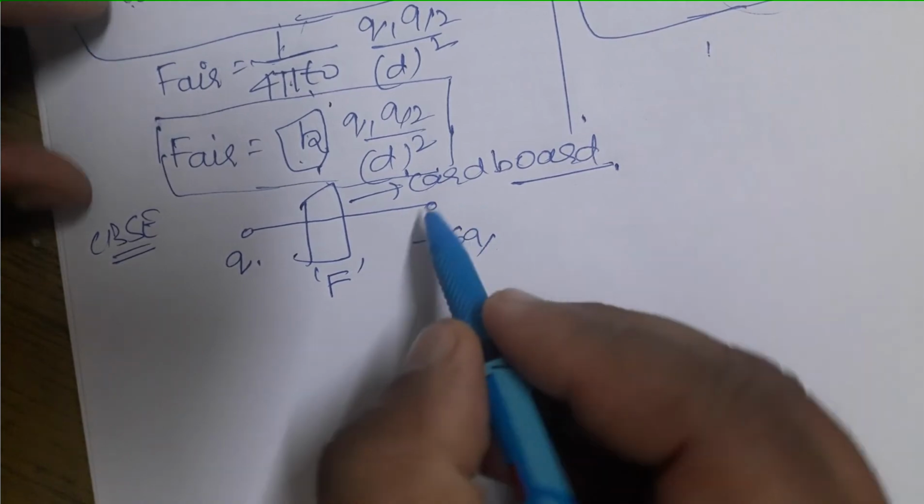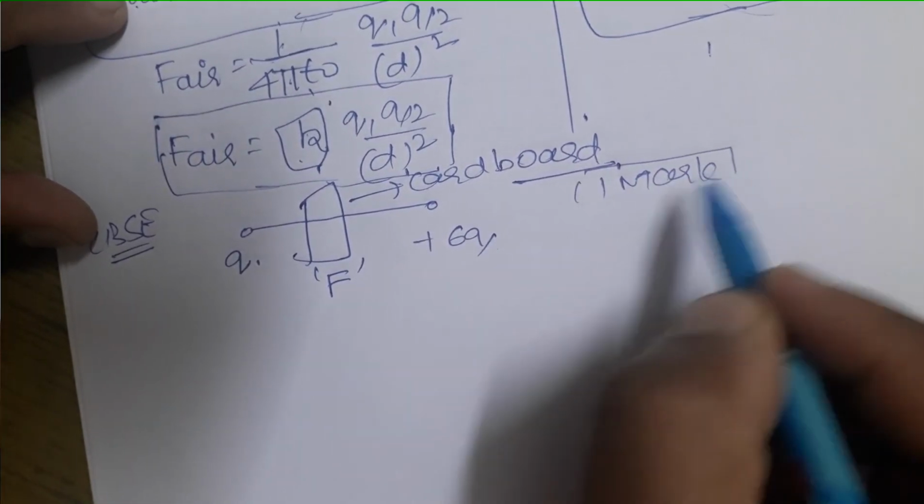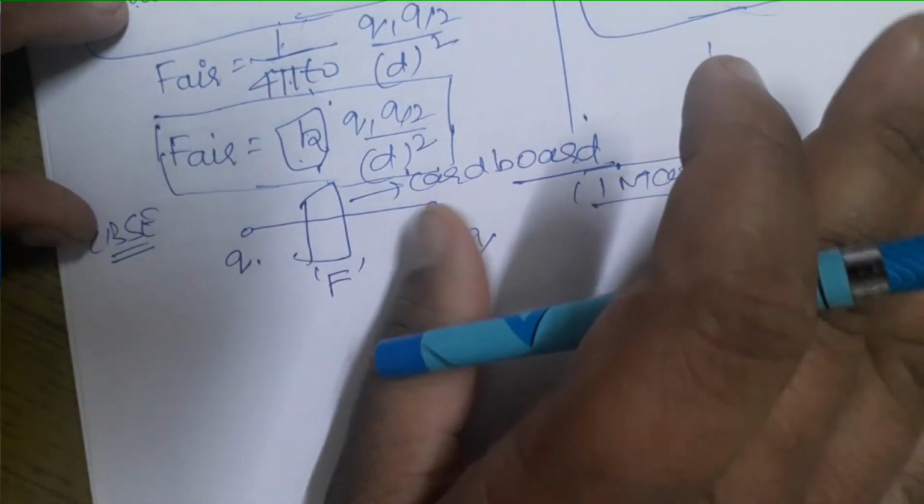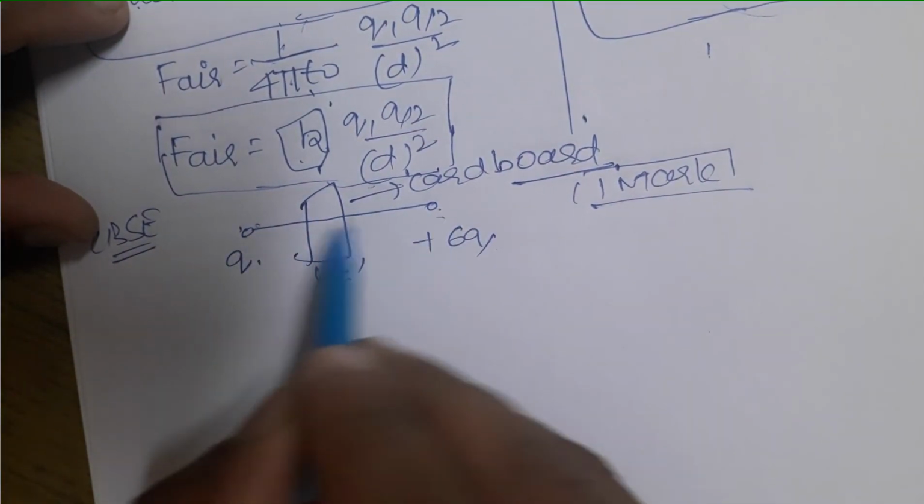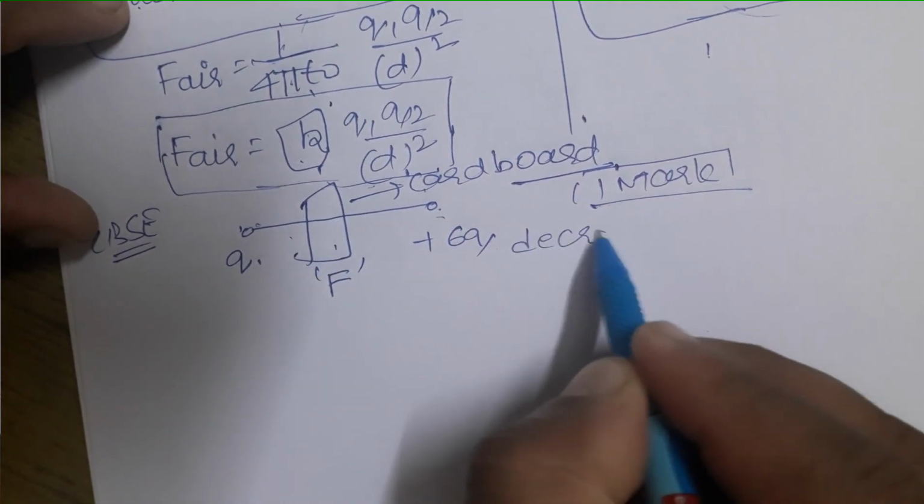If I change the medium, the force definitely changes. I just gave you a question; that question was in CBSE, I don't know the year. The question was, there are two charges Q and 6Q separated by some distance and the force between them is F. Now a cardboard is placed between these two charges, what will be the new force? This was a 1 mark question. The dielectric constant of the cardboard is not given, but always remember, since there is some medium between two charges, the force